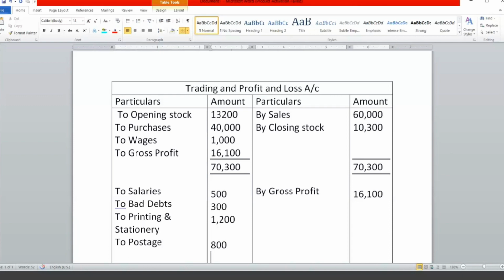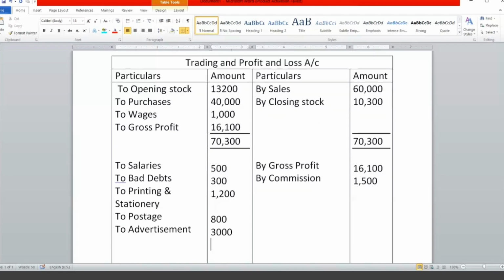Next, bills receivable won't come, furniture won't come, cash, bank overdraft, machinery won't come. Commission received, in the sense it is a revenue for you, indirect income, by commission. You need not mention received again here. If you are writing the amount on the credit side, that means it is received only: 1,500. Next, advertisement. Advertisement is an expense. So write down to advertisement. What is the amount? Advertisement is 3,000.